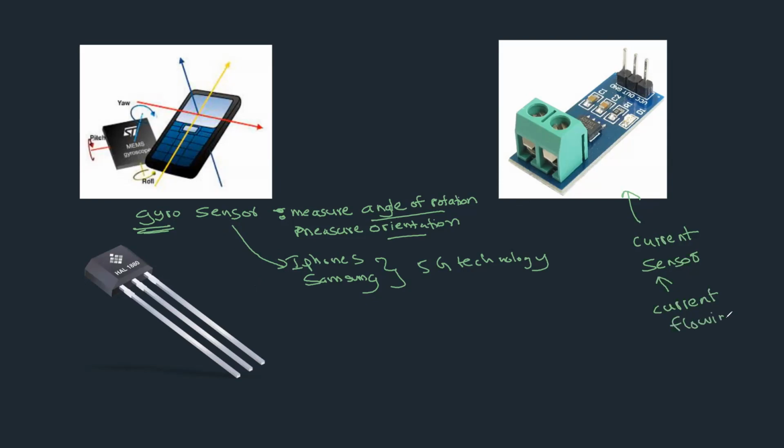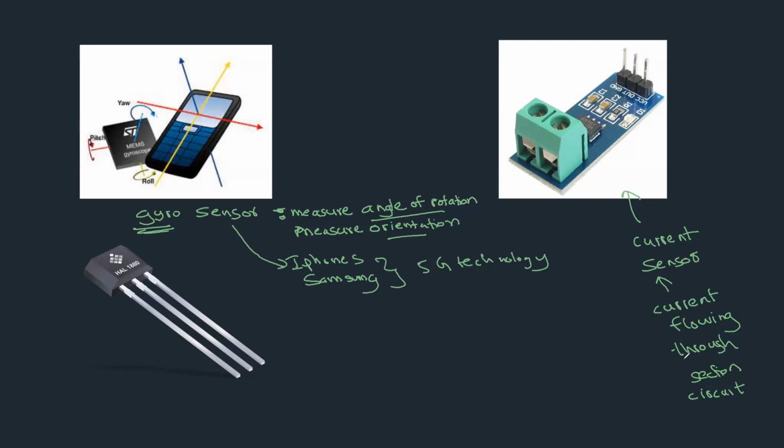So the students basically use the current sensor to measure the current flowing through a certain section in the circuit, right? If they want to measure the current flowing through a section, they use the current sensor and place it in between one of the connections between two components, and through that the current sensor gets the measurements of the current, and the data is getting collected